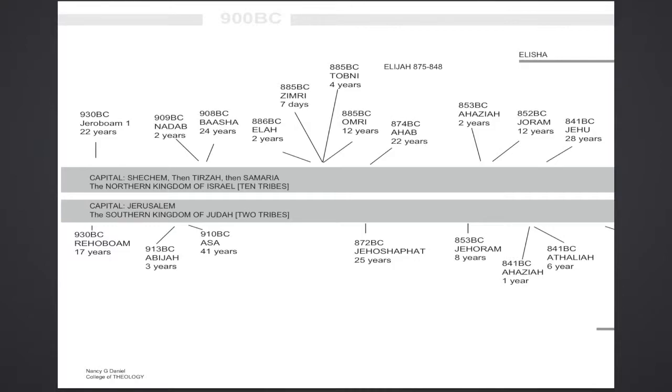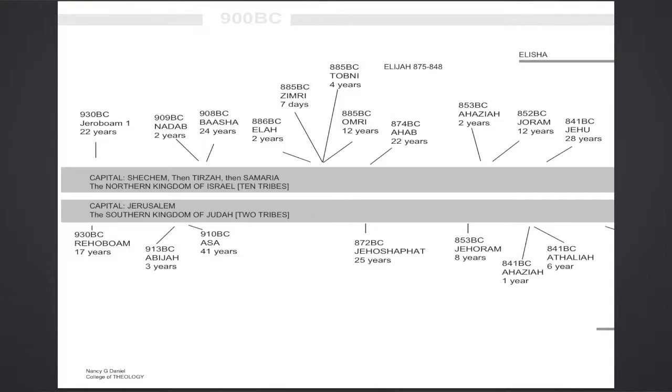Rehoboam ends up with Jerusalem, and he ends up with the southern kingdom with 2 tribes, Benjamin and Judah. Now, Benjamin was a small group, and I believe that was because back in Judges, near the end of Judges, you read about this, Benjamin acted up, and so the other tribes killed them off, and what they ended up with was trying to help them repopulate.